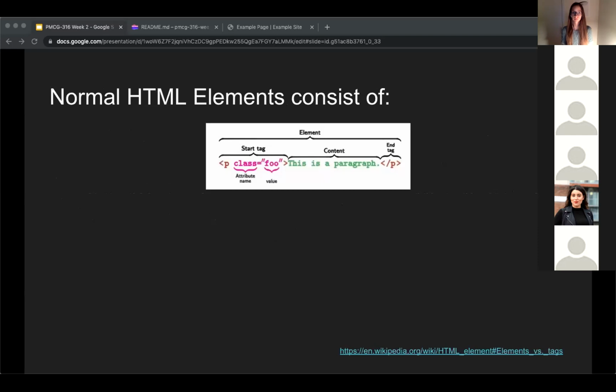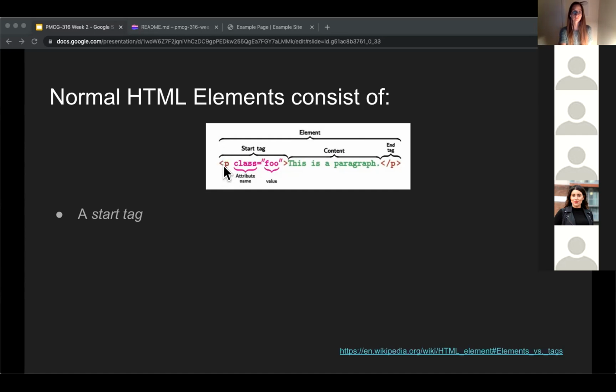So inside an HTML document, we've done a little bit of looking at markup. We've done a little bit of looking at stuff in the inspector, but most elements consist of three parts, what we call a normal HTML element. And there are exceptions to these, which we'll talk about in a second. But your bog standard HTML element is going to have three things: a start tag, an end tag, and content in the middle. So the start tag